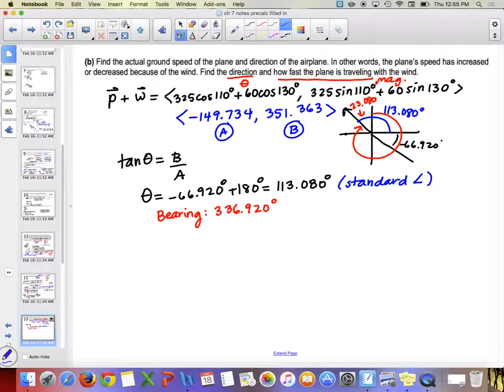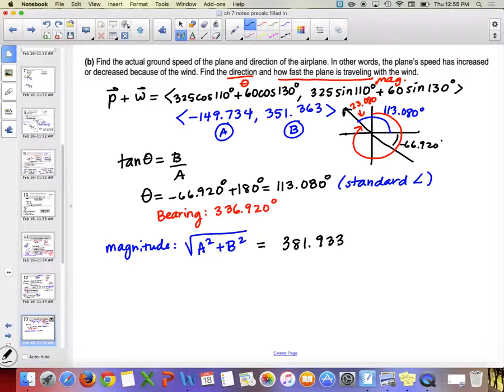All right, and then the next thing says how fast is the plane traveling? So I find the magnitude. Do you guys remember how to find the magnitude? The magnitude is going to be the square root of whatever that A number was squared plus B squared, because we already found the components. We found the x and the y, right? So if I do A squared plus B squared, and then take the square root, we end up getting